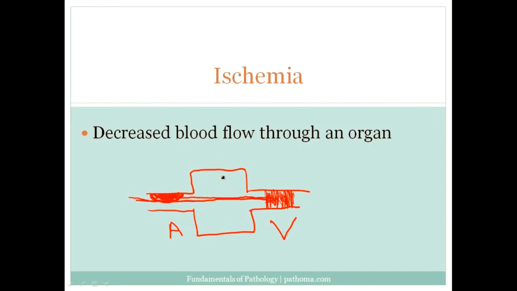Now, there are many examples in pathology of this, but there's one very high yield, shows up on examinations all the time, and that is a syndrome called Budd-Chiari syndrome. Budd-Chiari syndrome we'll actually discuss in more detail when we cover liver, but in Budd-Chiari syndrome, there's a thrombosis of the hepatic vein, and by blocking the hepatic vein, blood no longer can flow through the liver, and that results in infarction within the liver parenchyma. It can actually cause death. That's Budd-Chiari syndrome, very high yield.